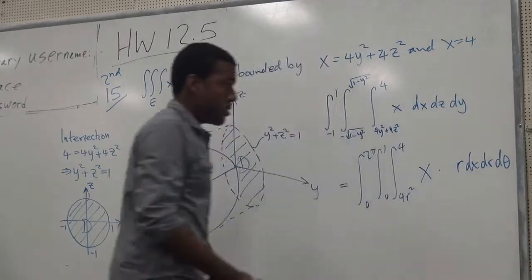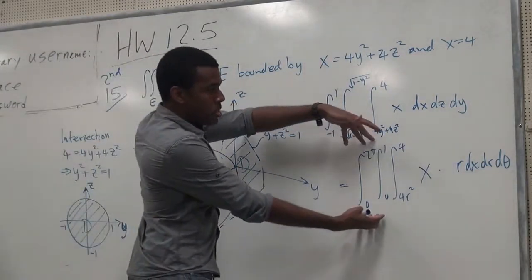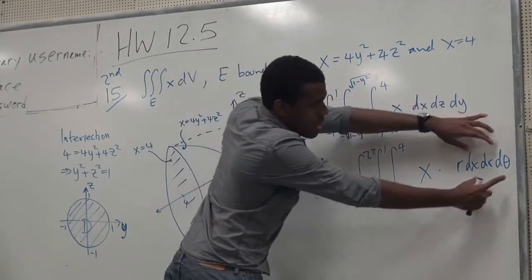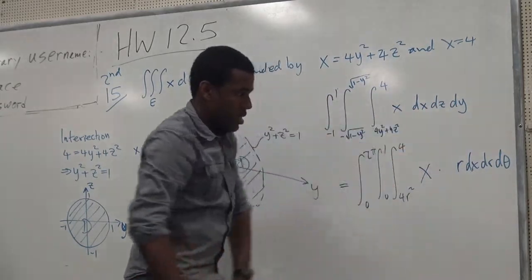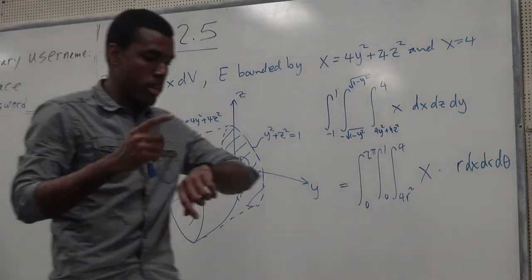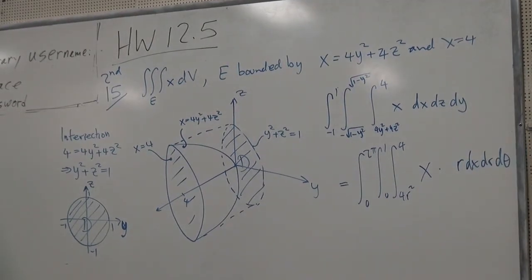So this is just thinking of the y and the z as in polar coordinates, so I can set them up according to the polar limits, which gives me these two outer integrals and the r dr d theta. Then the x just remains x, right? When you do this sort of manipulation, it's called cylindrical coordinates. And we are going to do that later today after the 10-minute break, and we go to the next section. Leave your homework